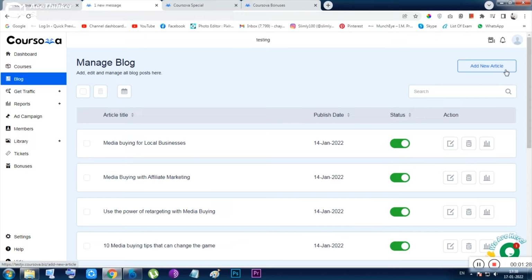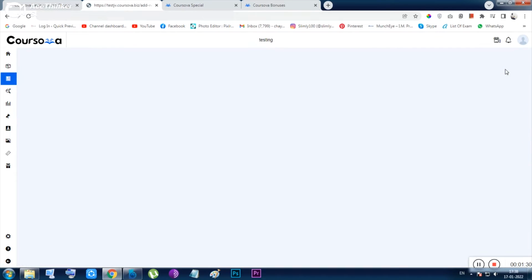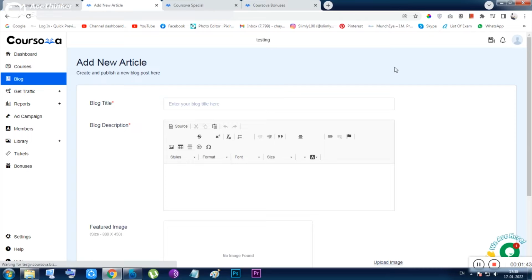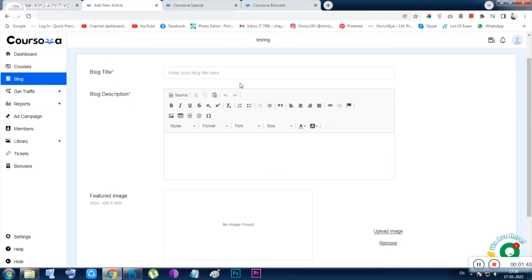Okay, so next thing is the new article inside blog section. So you can add your new article and everything will be hosted on their website, so you don't need to think about any hosting or domain you need to purchase. Okay, next thing is the get traffic. Your social campaign from social media, you can get traffic and you can do SEOs. Like you are launching a course building platform, so you have to